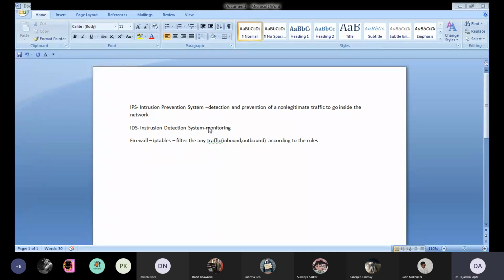So IDS responsibility is monitoring the activity, monitoring the traffic, and sending the alerts